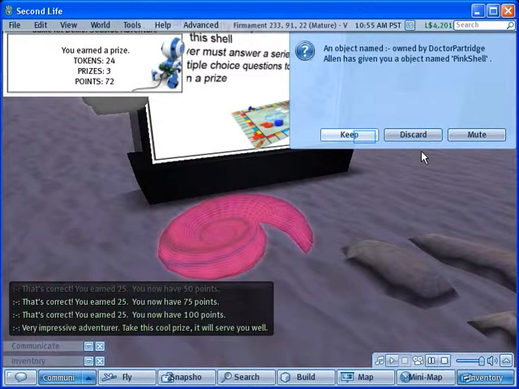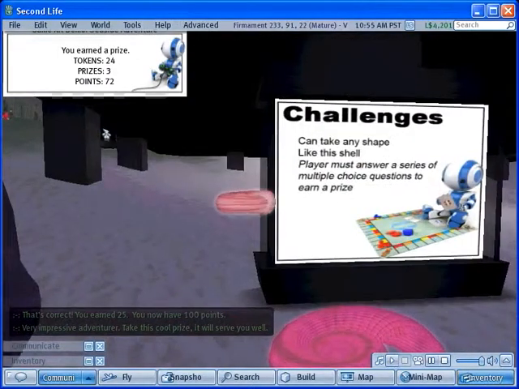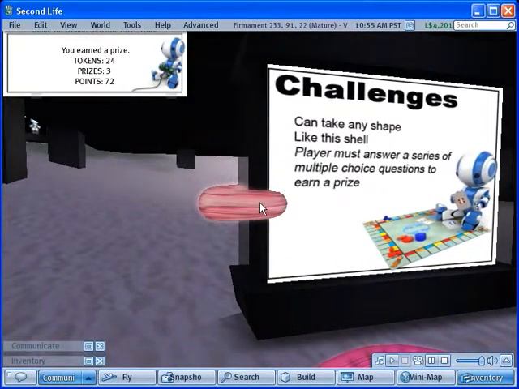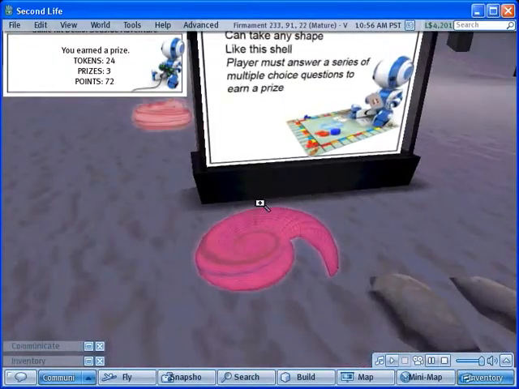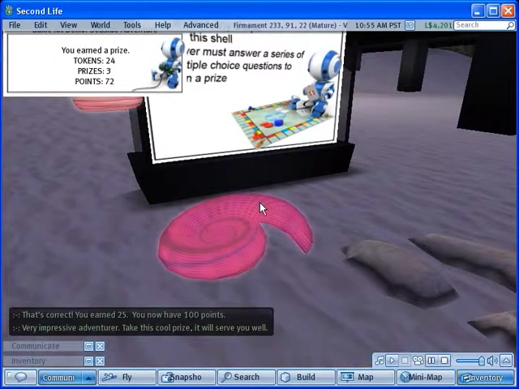We get our wonderful prize, which in this case is going to be a nice magic shell, and you can see that it auto-deletes. Okay? Now, we've made a couple of changes to the